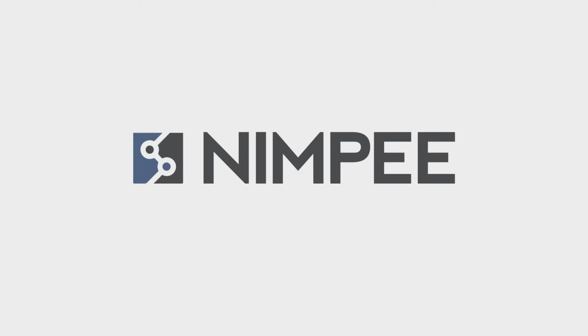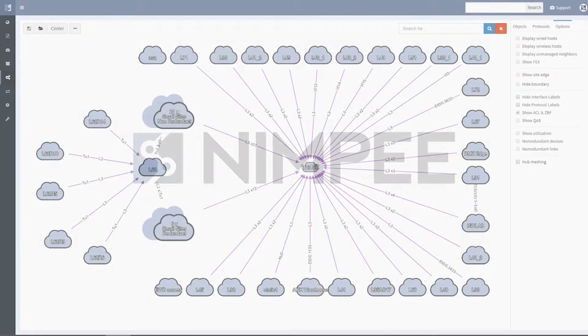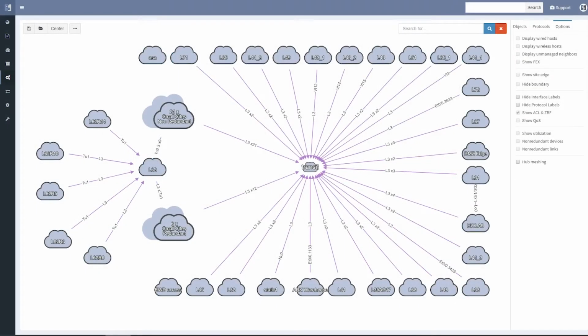If a user reports that a certain application is not working for them, especially after a migration or a change, how do you verify the connectivity? Finding a path in a complex network can be hard enough by itself, having to map active switching and routing,